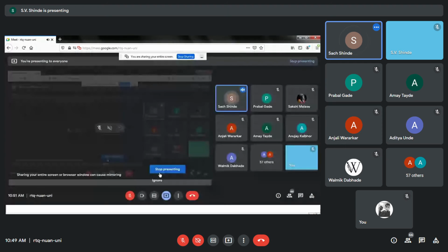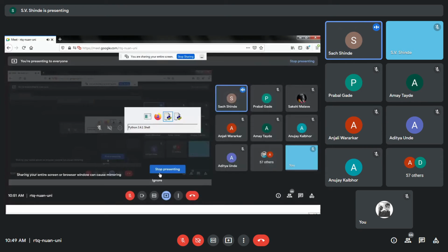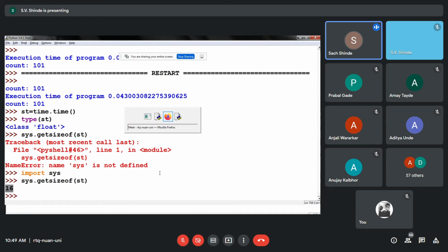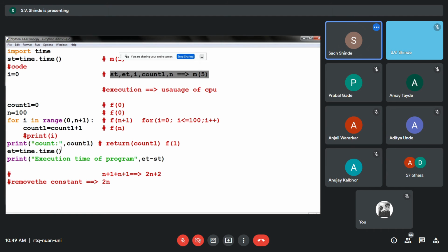As we move further, we have seen that it is over here, seconds or 0 seconds. Now let us increase the size of n. I increase the size of n and run the program.